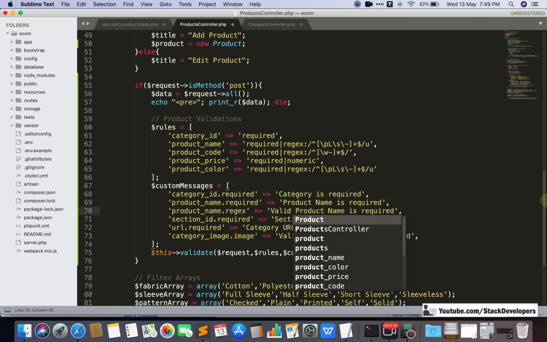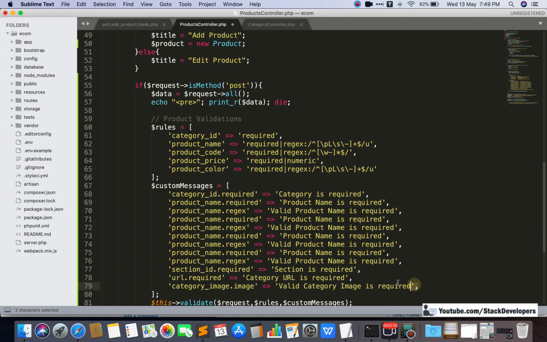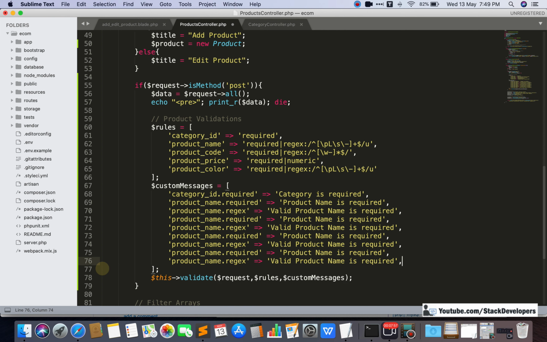Okay, so I am going to select these two, and we are going to use two things here. These are not required, we can remove.